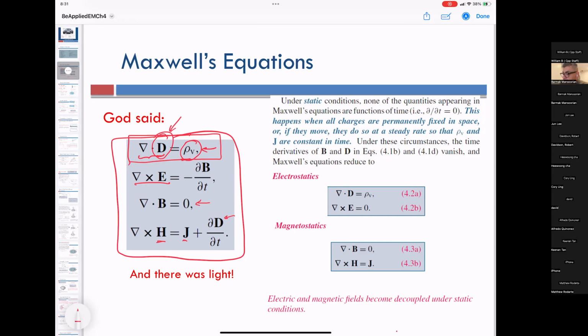But if there is, the value of this divergence